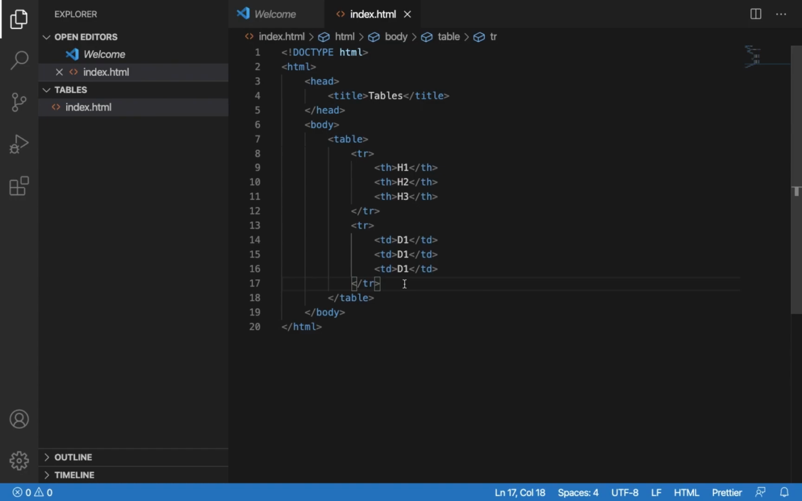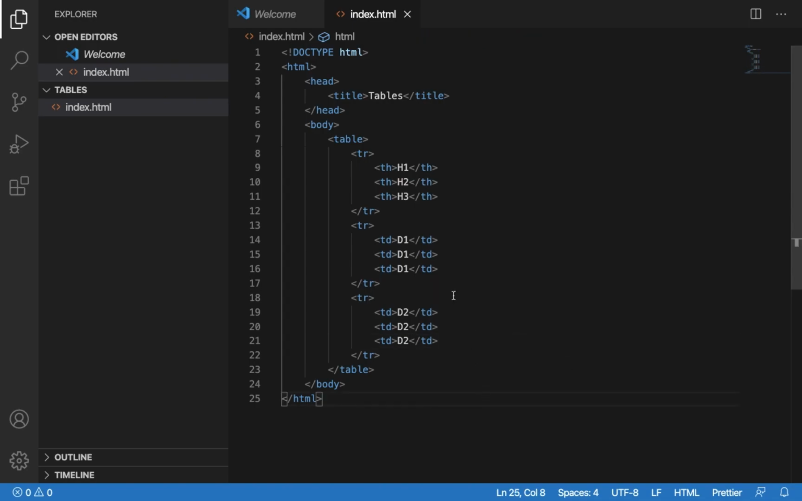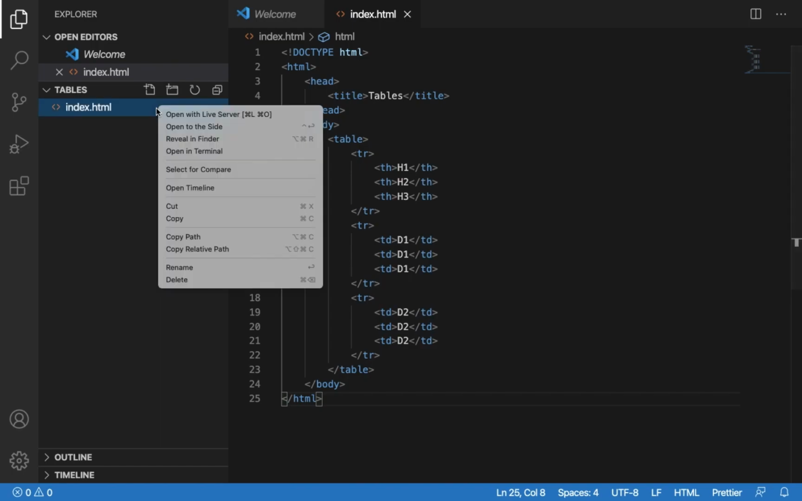Now because I want to add another row in this table, I'll just copy this, and instead of saying d1, I will say d2, so you can understand the difference while I show you the output. And basically, yeah, this is the code, and I'll check the output. So open with live server,